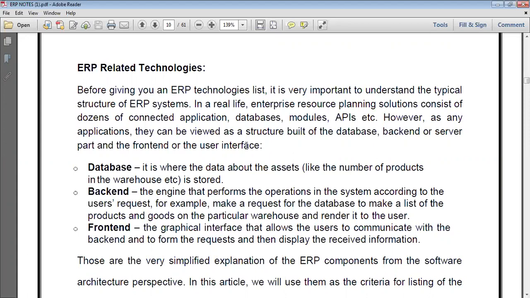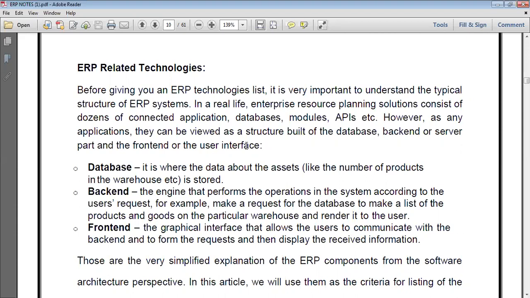So these ERP related technologies are compulsory in our real life ERP system. We have n number of applications in ERP technology, and some n number of databases and modules and APIs, etc.